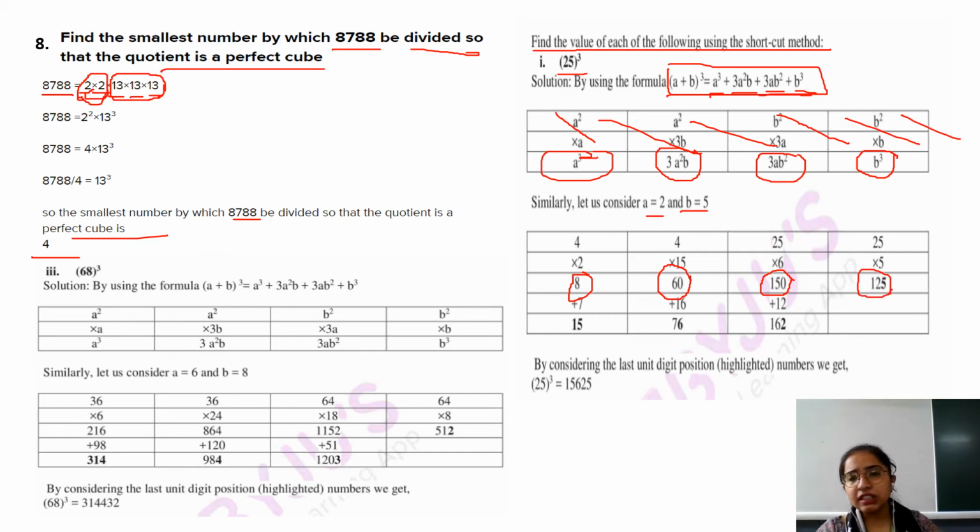Now students, in this what you have to do, the last digit at the ones place you have to take with the answer. So 5 will go with the answer. 5 I am going to put over here. See, here it is 5. Okay, the rest of the digits, that is 12.